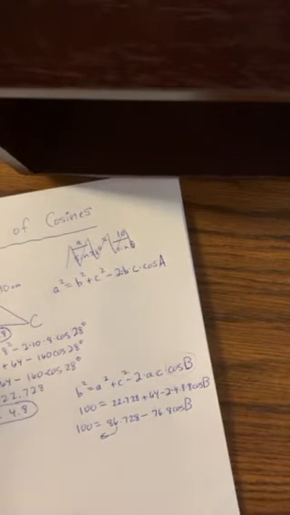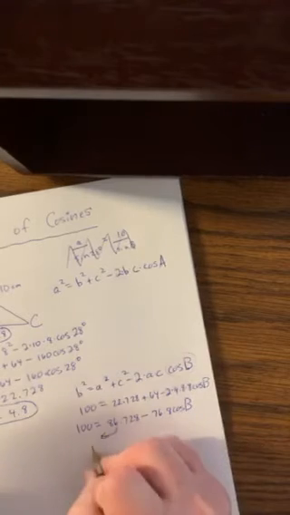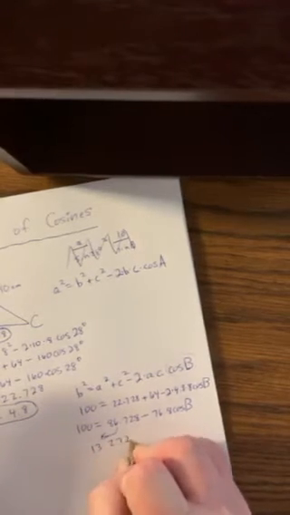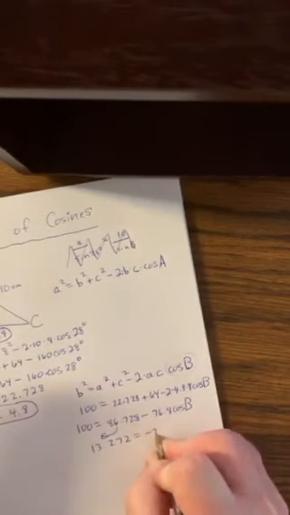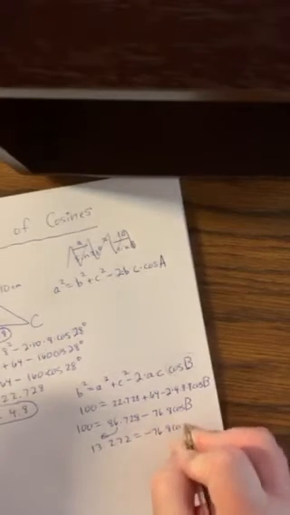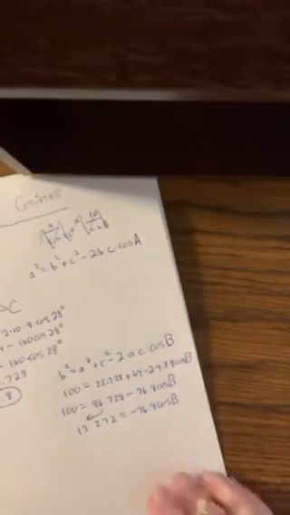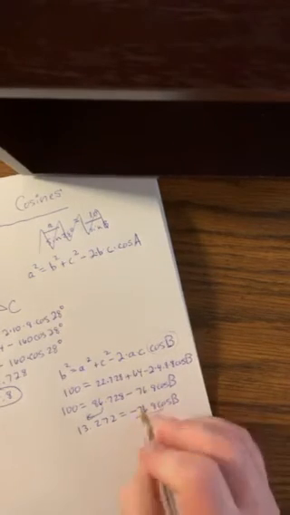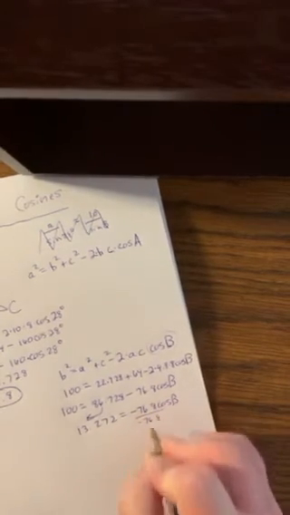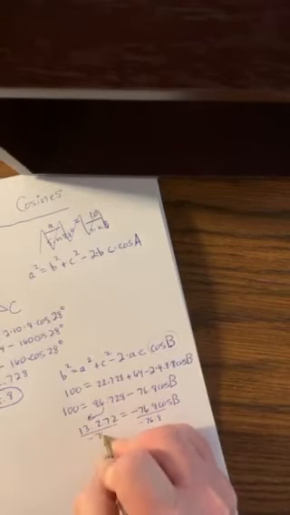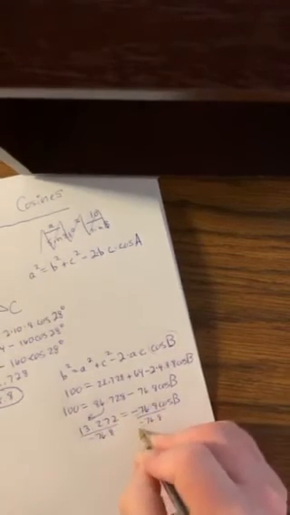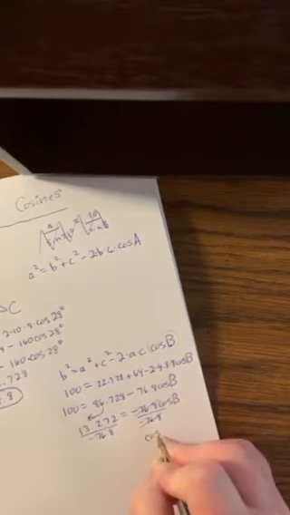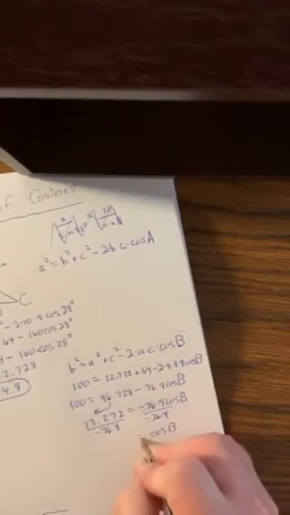So we're actually going to subtract the 86.728 over to the other side. So 100 minus 86.728 leaves me with 13.272 equals negative 76.8 cosine B. Now to get this cosine of B all by itself, I would divide by negative 76.8. Those would cancel, and I'd have cosine B equals